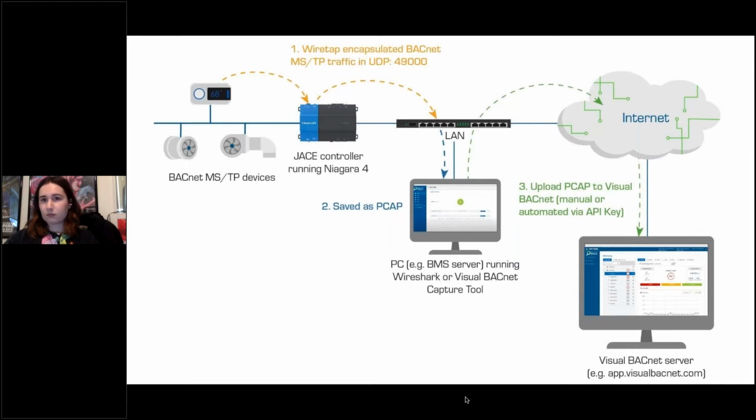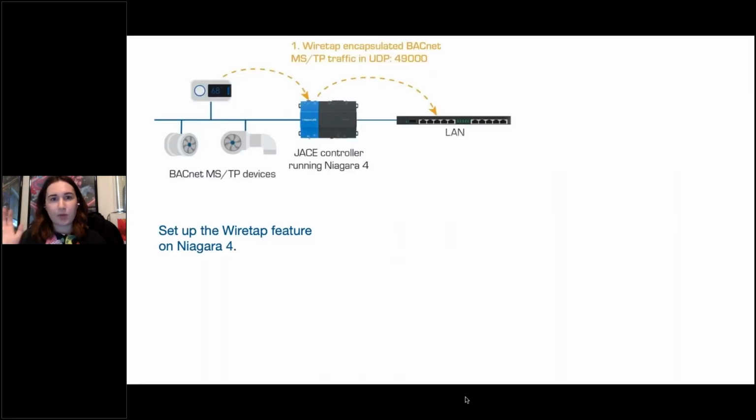We can then forward that to our capture tool, which will take that capture and then upload it to our Visual BACnet, and we're just going to have all that information that we want from that MSTP side captured from that one capture location. So I'll just break this down really quickly before we get into the more exciting live demo portion of this webinar. So you can capture BACnet data